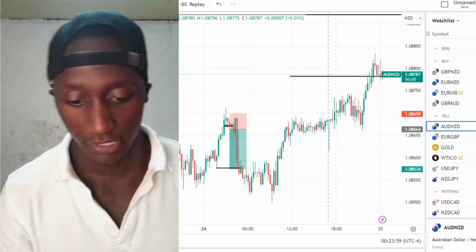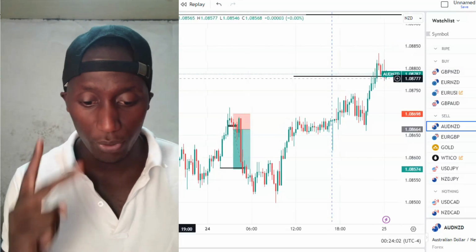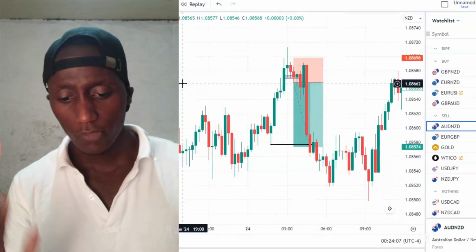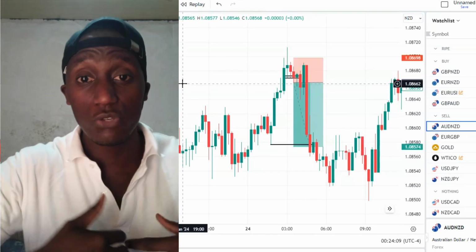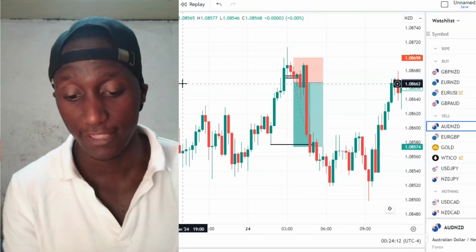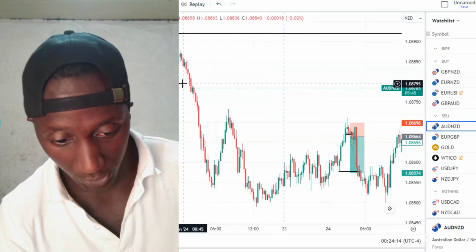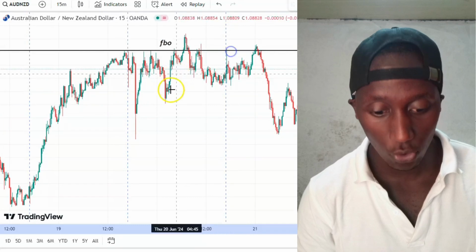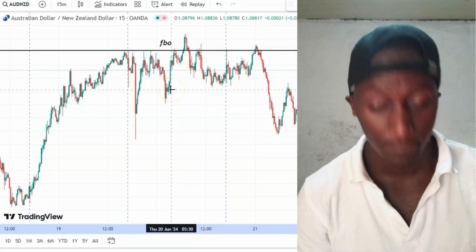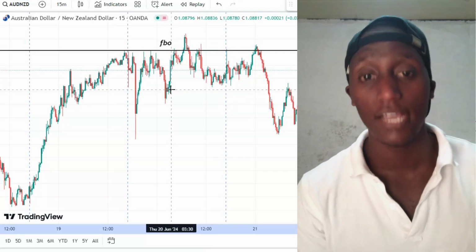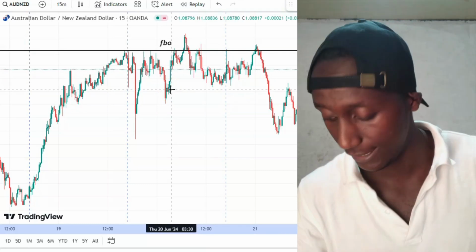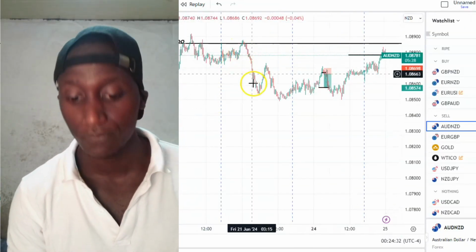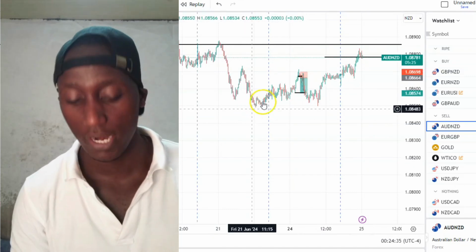Let's do this. Alright, so yesterday we got two beautiful setups, one from AUD/NZD. Now, the process is very simple. We use the weekly cycle to tell us where the market is headed. And if we look at the weekly cycle, we see that we have a failed breakout that occurred last week on Thursday, giving us a sell bias going to Friday and Monday. And now you can see clearly that Friday we got a beautiful sell, and Monday we were looking for an